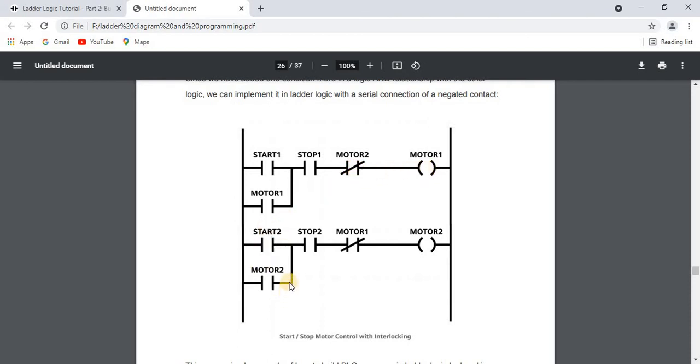For the second one, start 2 or motor 2 is the OR operation, then AND not stop 2, and again AND not motor 1. So motor 1 is not started in this case.